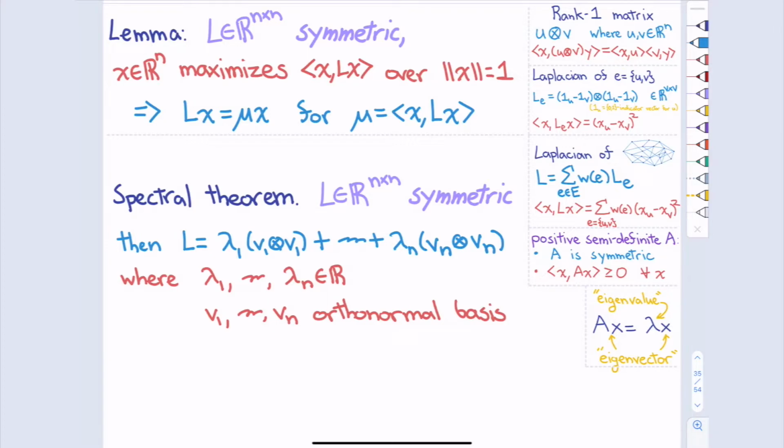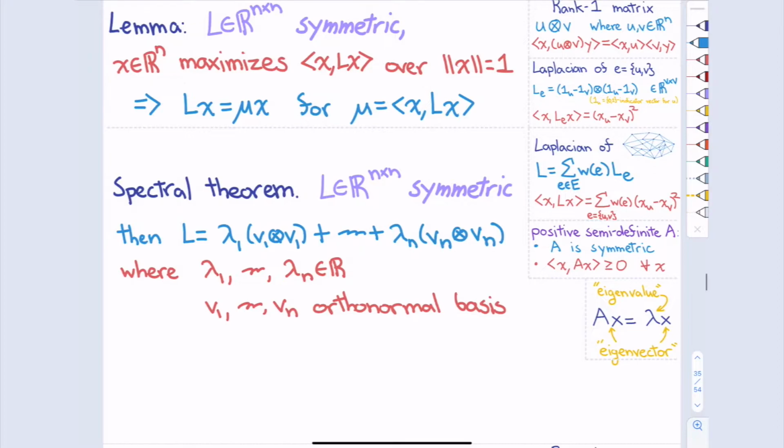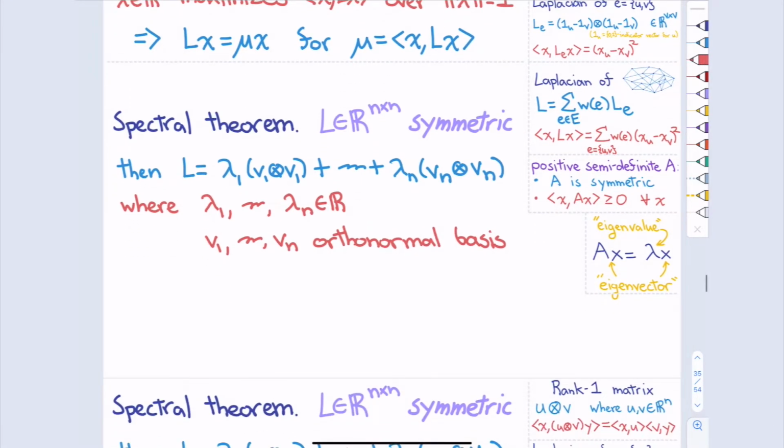In particular, if we plug in some L v_i, then we get this sum of lambda_i terms. If I plug in some L v_k,